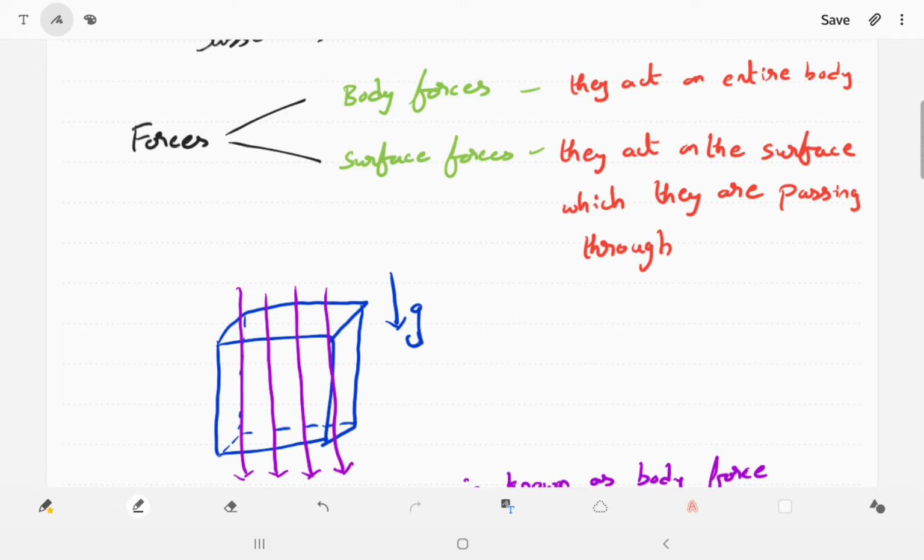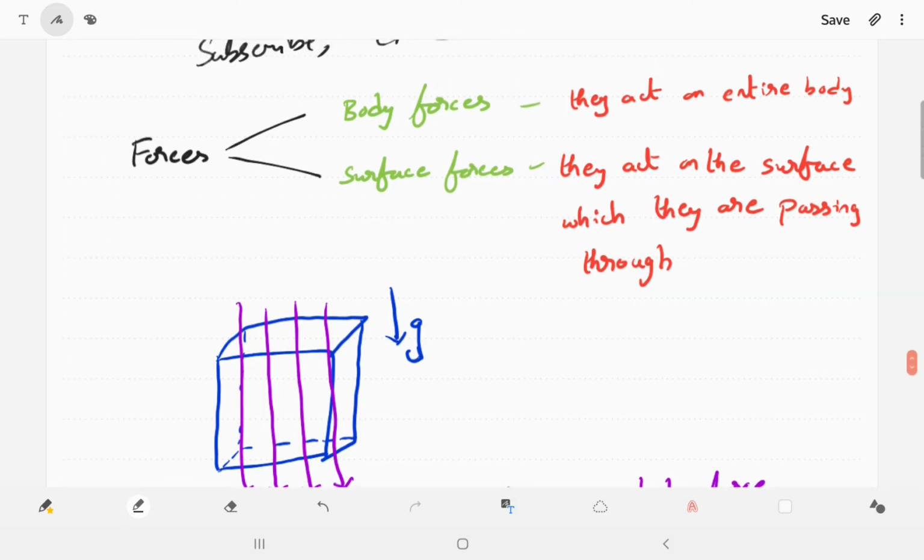You can watch them. Now, in this lecture, I want to briefly discuss what fluid statics is, what the pressure forces on a fluid element are, and what the types of forces are. Here, generally we have two types of forces: body forces and surface forces. What are body forces? These body forces generally act on the entire body.